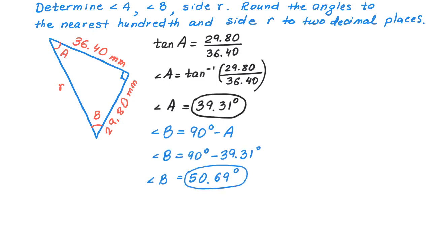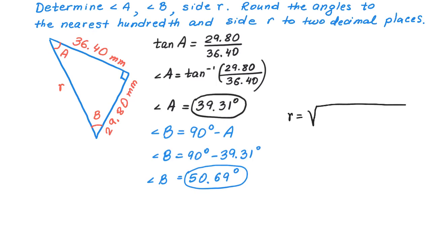So now we have angle A, we have angle B, and we have to find side R, which represents the hypotenuse. There are different ways to find side R, especially that now we also know the angles, and we could use a trigonometric function for this. But I think the easiest way is to use the Pythagorean theorem, and that is R equals square root of